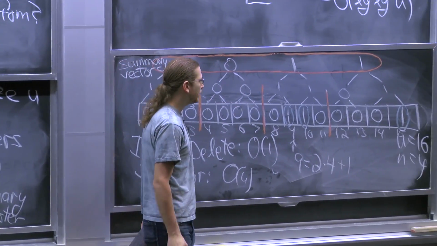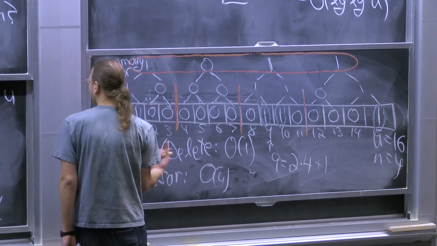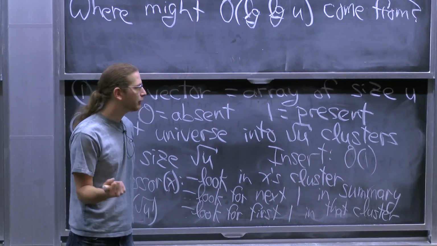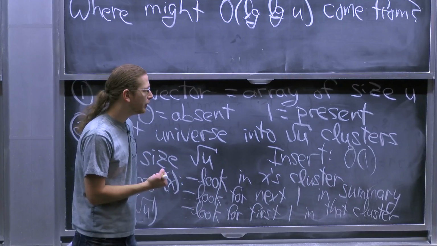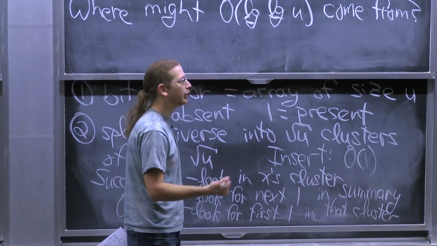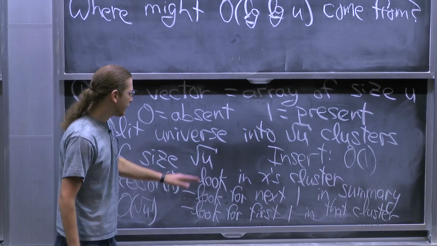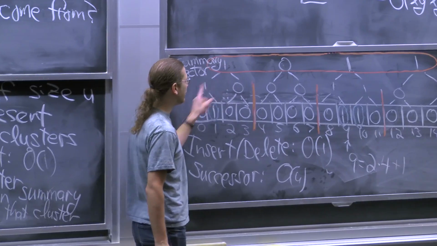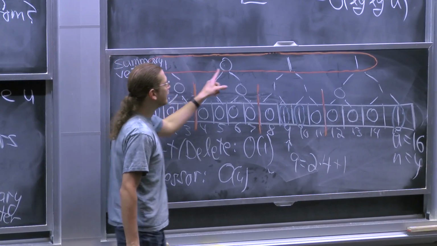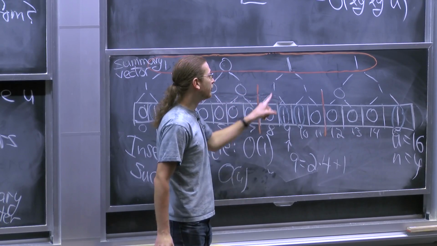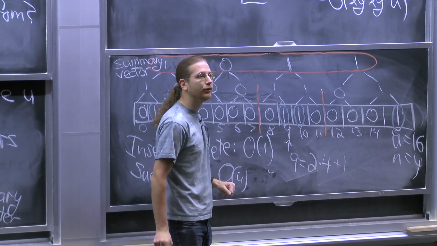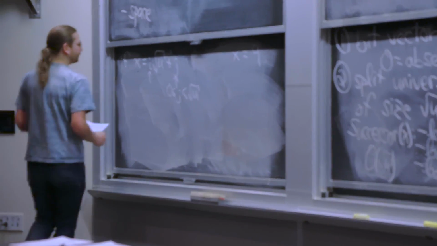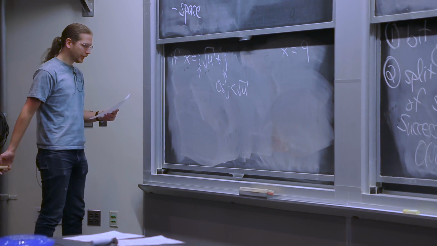So in general, if you're given x, I said look in x's cluster. What that means is look at x integer divided by square root of u. That's the cluster number. And I'll try to search in there. Then I'll look in the summary vector starting from that cluster name, finding the next cluster. Then I'll multiply by square root of u to get here, and then continue on. Because dividing and multiplying is something I don't want to have to think about too hard, I'm going to